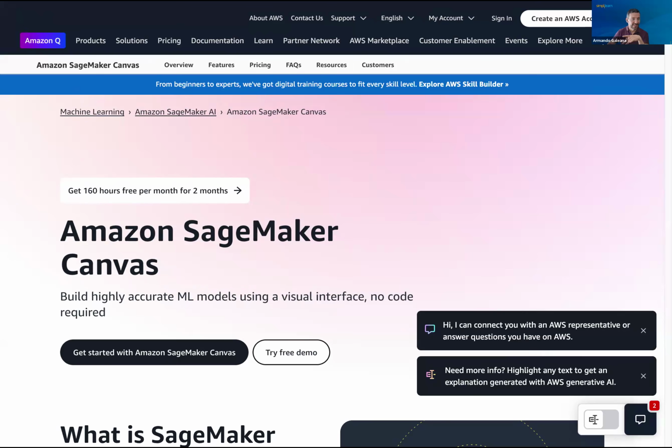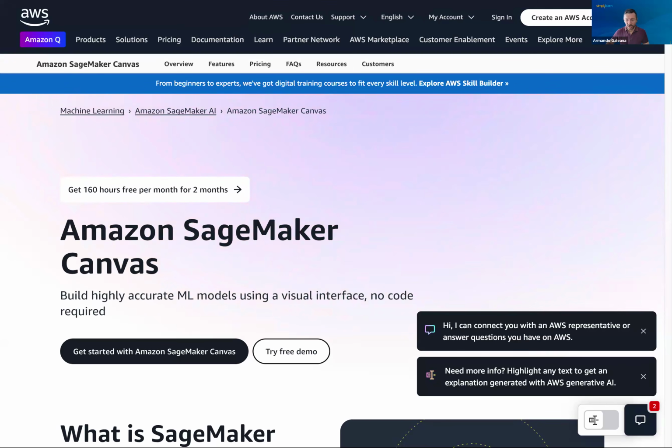Next one is Amazon SageMaker Canvas. So this helps you build and deploy machine learning models also without any code. If you want a very scalable project, this is your go-to platform, okay? This will give you access to a lot of Amazon Web Services services, including data collection. It has very robust security and compliance.